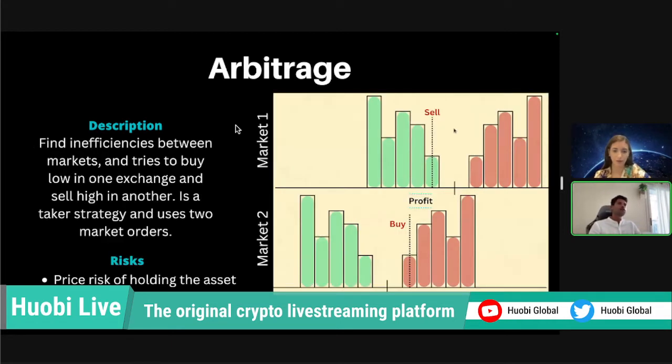Then we have arbitrage. I saw a lot of YouTube videos talking about arbitrage and how easy it is to make money with it. Let me tell you that is not true. It's very difficult to find these kinds of opportunities because, as you can see in the image, you have to find two markets, and one of them has to cross the bid, has to cross the ask, and you also have to have this amount of profit in the middle. So this is a very difficult